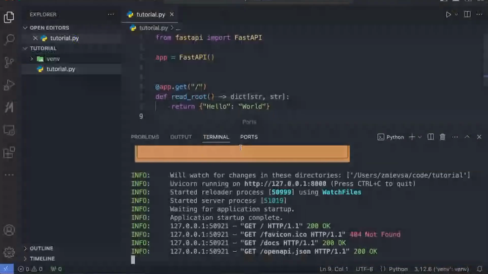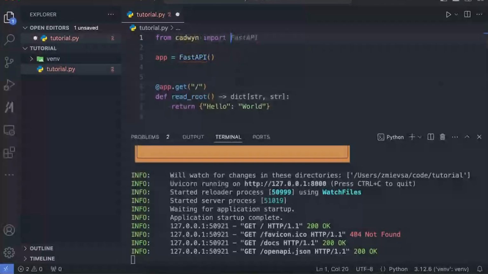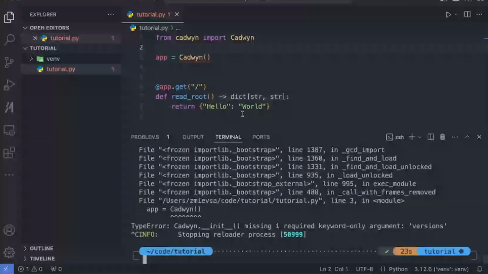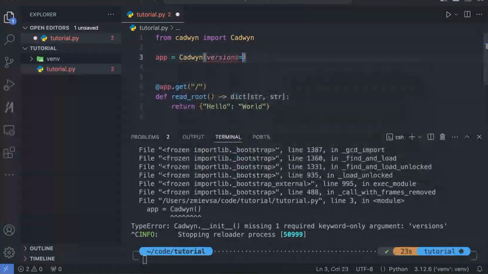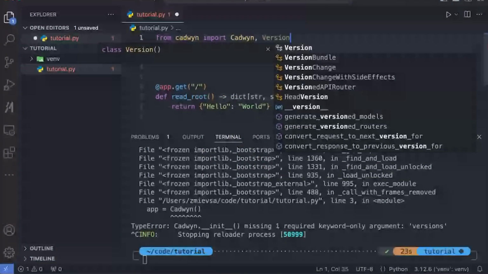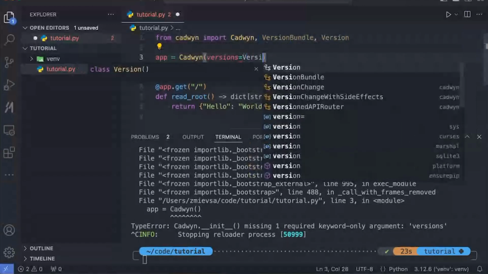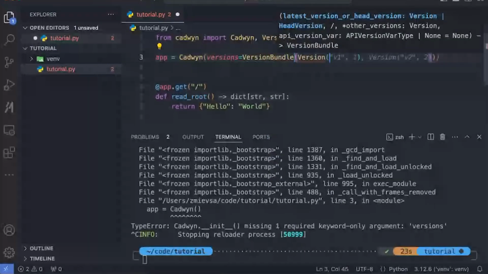Okay, this was a FastAPI demo. Now, going to Cadwyn. Cadwyn is very, very similar to FastAPI. So instead of importing FastAPI, we just do from cadwyn import Cadwyn. Now we go here. And Cadwyn has a single required argument compared to FastAPI. It requires us to have some versions defined, because by default, Cadwyn assumes that you have at least one version. Okay, version. Let's pick any date.